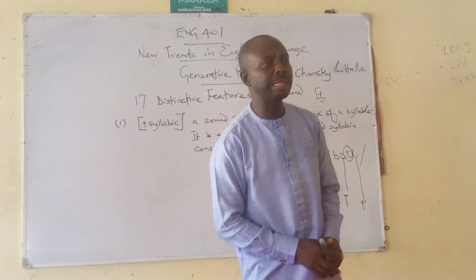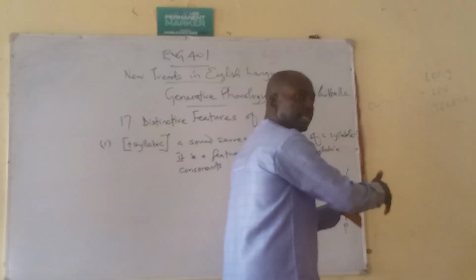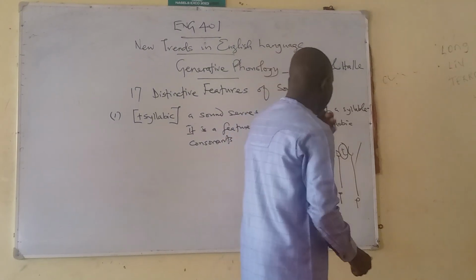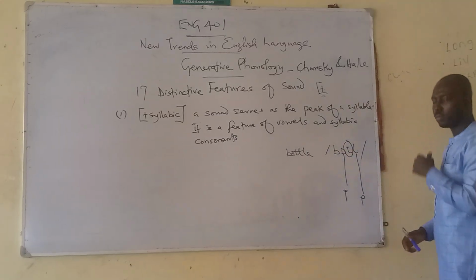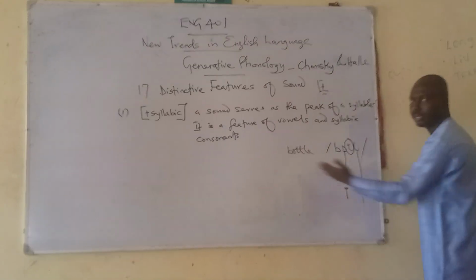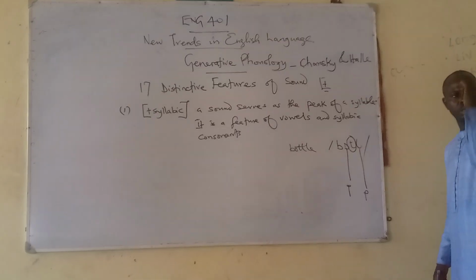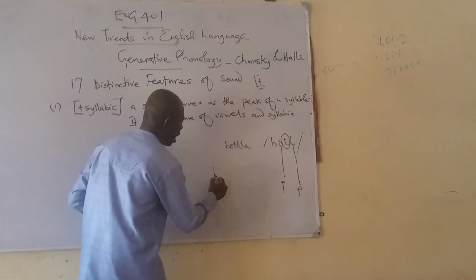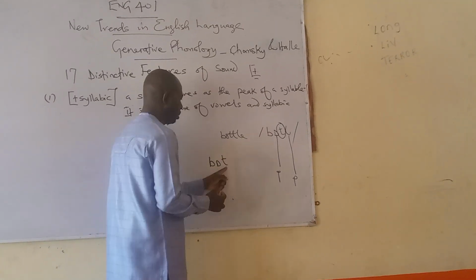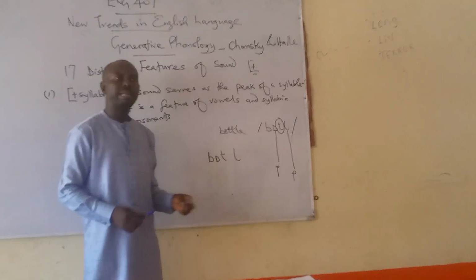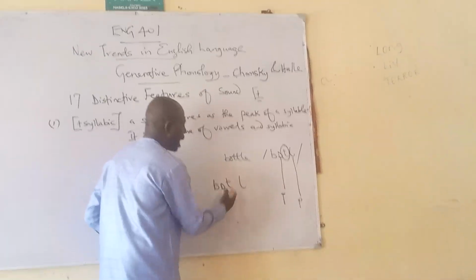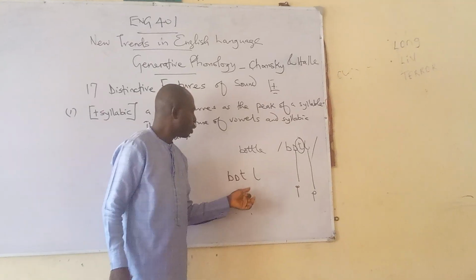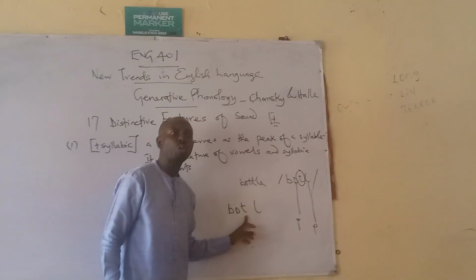Maximal onset, which says that the consonant between two peaks, you will first of all allot all of them to the left side. That is the rule. So in this case, if you do that, it means you are going to have what? And then this one will start. Then the principle says that after allotting all of them to the left, you have to check whether it is permissible to have that kind of combination